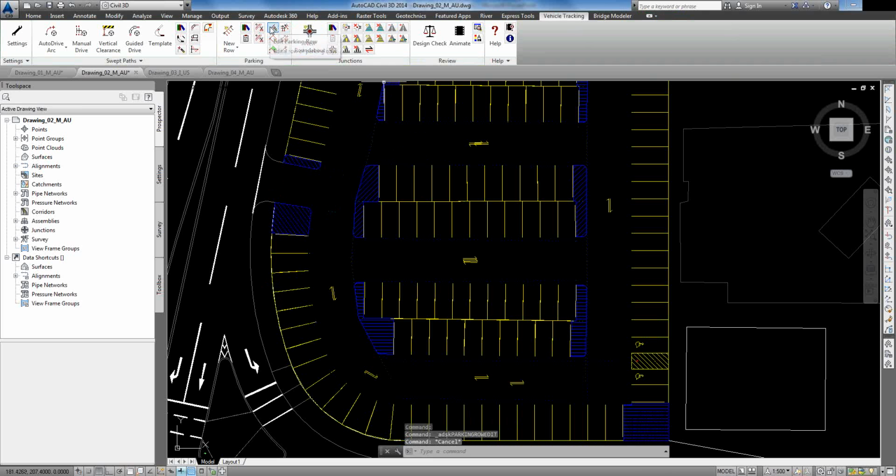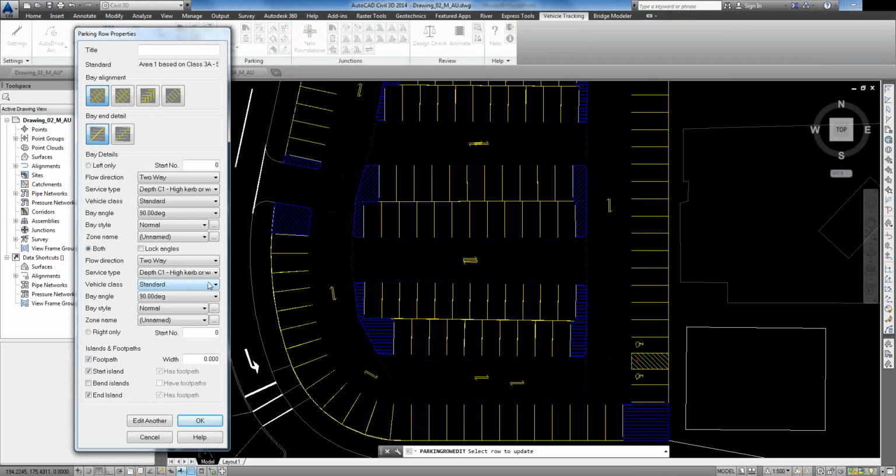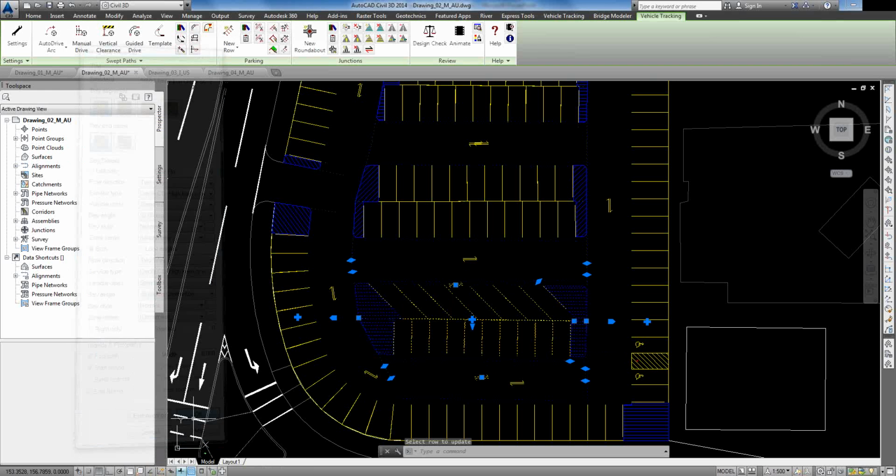That's long object selected. Okay, that's better. All right, so we can also change the title of vehicle, but here the different bays. But what I'm interested in this time is to look at the bay angle. So I can then specify 45-degree contraflow like that,